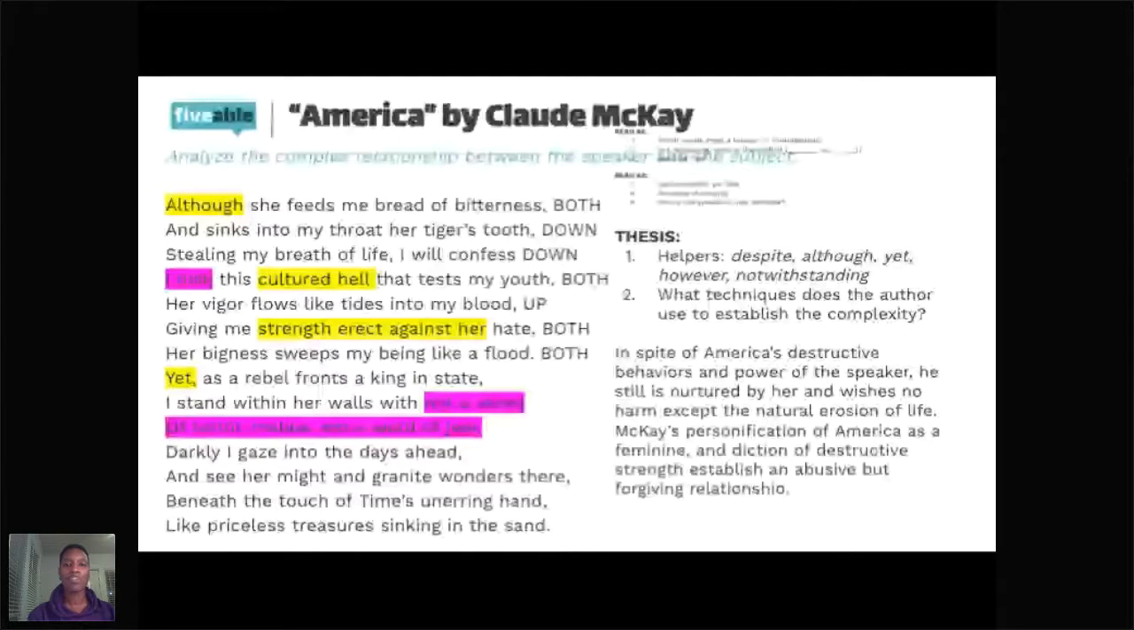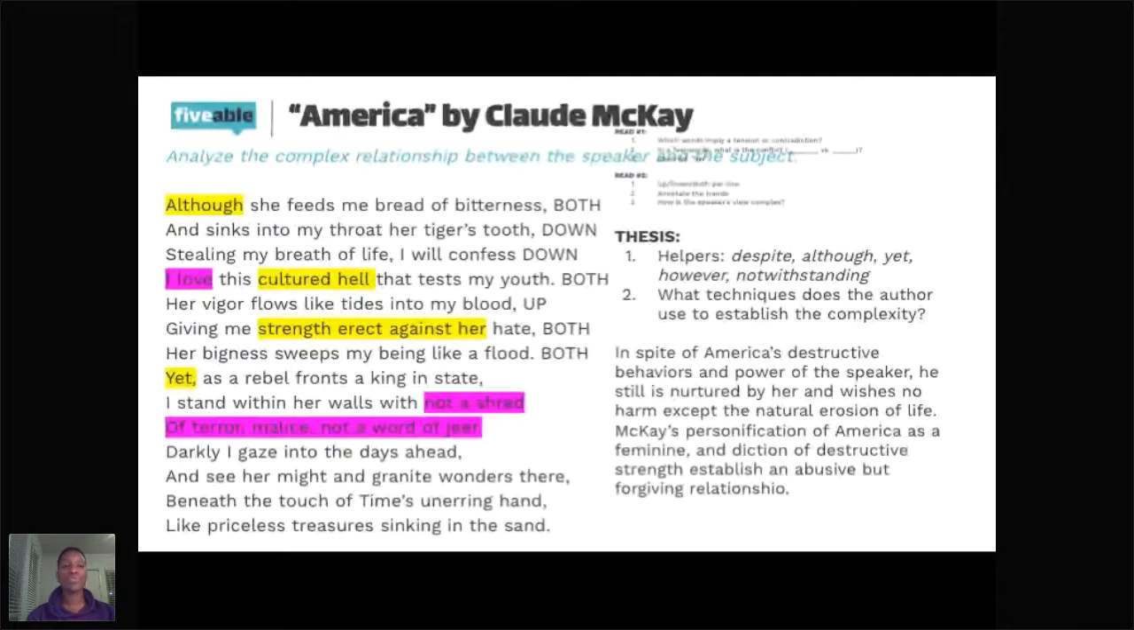But I think this captures all of it. And so then you would just write through the poem, which is always good advice, right? Instead of trying to write a paragraph about personification, a paragraph about diction, a paragraph about the relationship, you would just write through the poem about how it starts with her behaviors that are destructive and yet, right, nurturing,